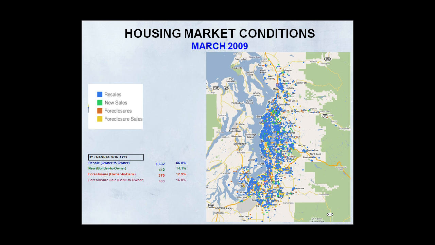As you can see from the map, there's still new home sales pretty plentiful in a number of areas here. Discounting is becoming widespread at this point. Concessions are definitely increasing, and you can start to see a little bit more distress in some of the outlying areas, particularly the south, the Tacoma, Fort Lewis, some of those areas. It looks like they're showing a little bit more action in terms of foreclosures and foreclosure sales.